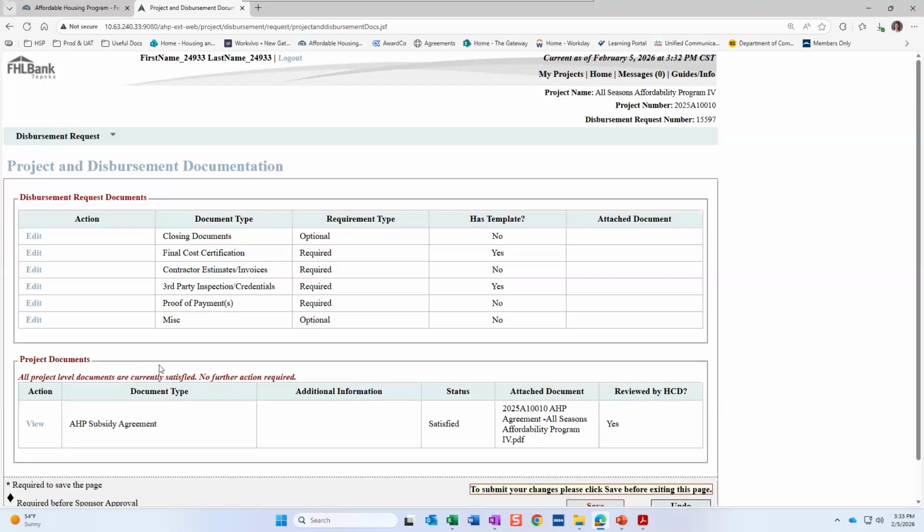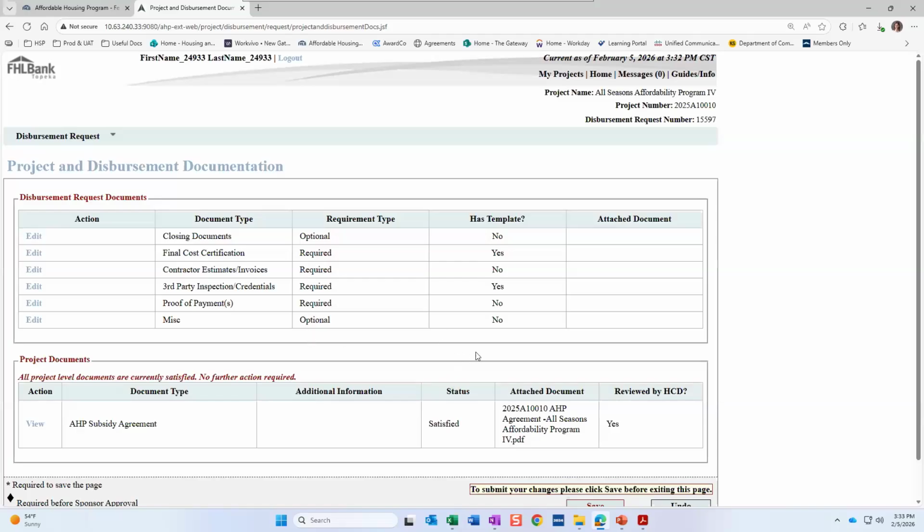So anything in this requirement column, if it says required, of course that means required. So you want to make sure that you fill those in. That's going to be the closing disclosure and the real estate retention agreement for you. So you'll want to grab those there. Anything, of course, that's optional. So your miscellaneous box will be optional since there's nothing you have to upload there.